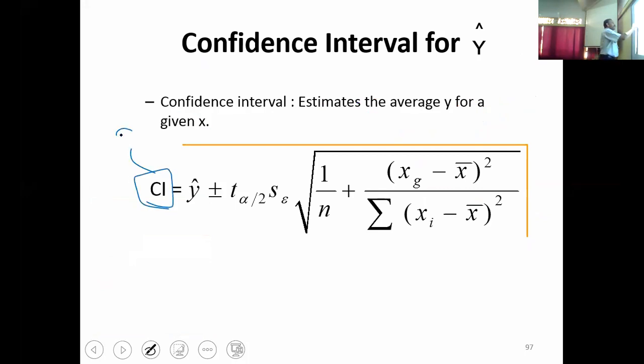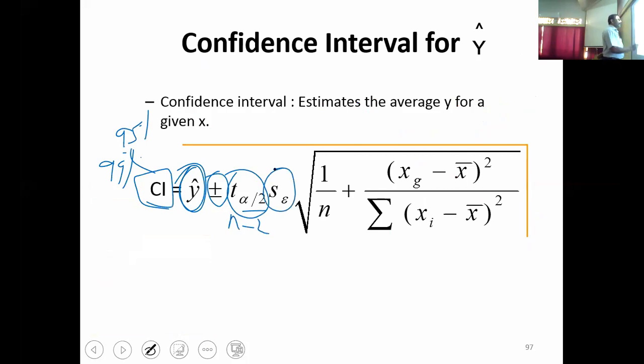Any level of confidence interval, 95% or 99% or any level, can be approached. So it is y hat plus or minus, the predicted value plus or minus the t table value, alpha by 2 with n minus 2 degrees of freedom. Then the SE, that is the square root of mean square error, then square root of 1 over n plus